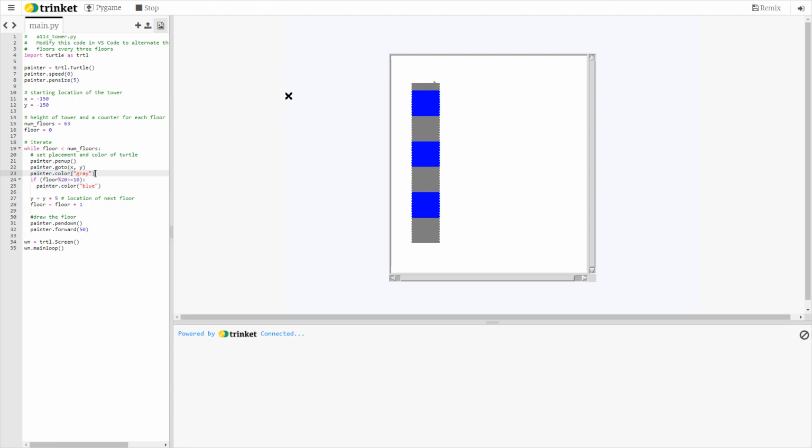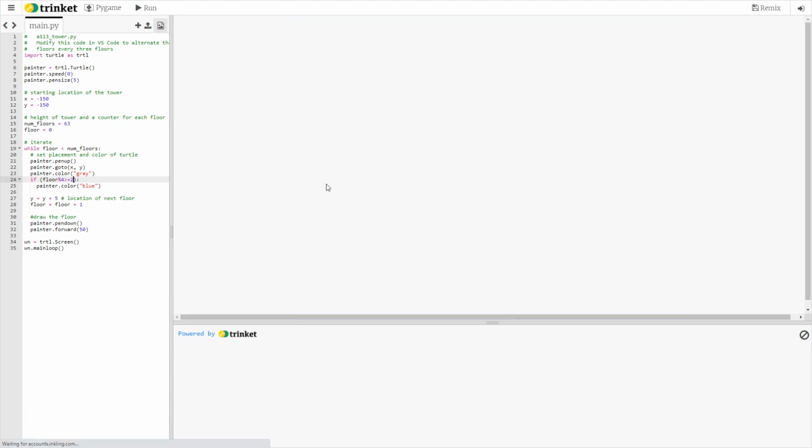Here, I'm going to give it a default color of gray, but every time the modulus is greater than or equal to 10, then I color it blue. So if I wanted to do, for example, mod 4, the only possible numbers mod 4 can give us are 0, 1, 2, 3. I want the 2 and the 3 to be blue. So if it's greater than or equal to 2, I'm going to change the color to blue. And if I run this,